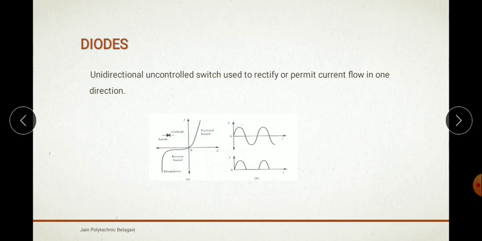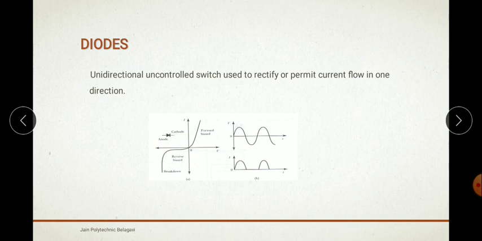The diagram represents this. Here you can see the sinusoidal waves, where the movement of the signal is in the form of a sinusoid. Here you can see the graph. They represent the cathode and the anode. Then this is the wave which is moving in the forward direction, so this is called forward bias, and the other is called the reverse bias.